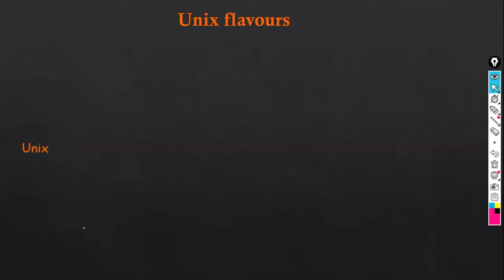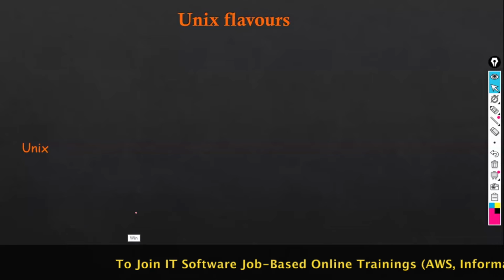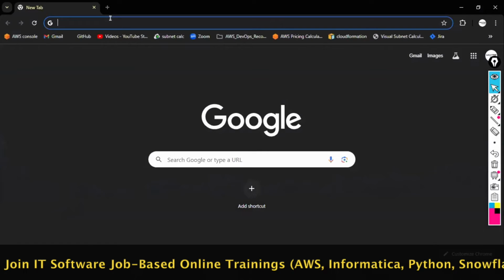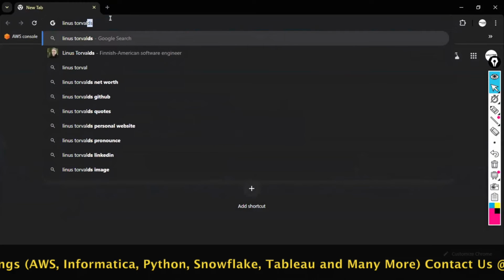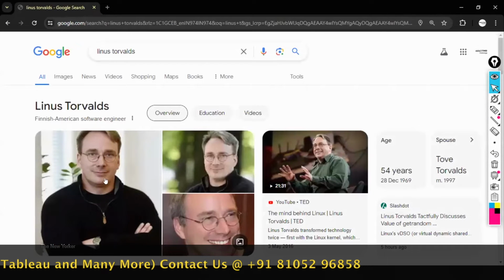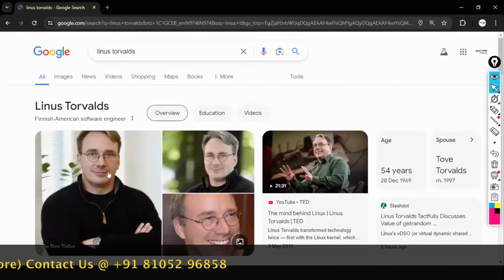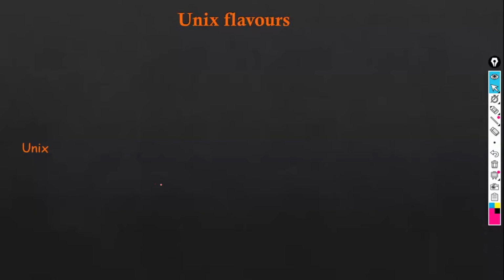Okay, fine. So Unix is one of the operating systems. The source code of Unix is developed by some people and it is open to everyone. Since the source code of the Unix operating system is open, one person called Linus Torvalds took the source code of the Unix operating system.